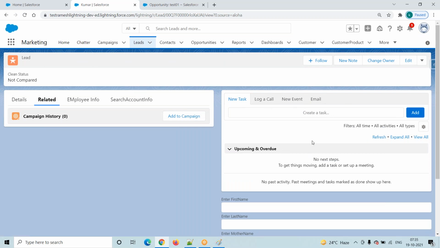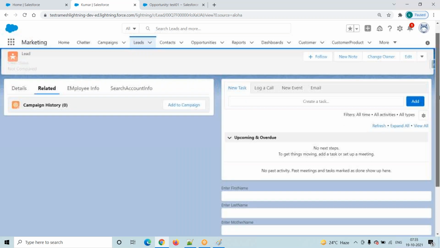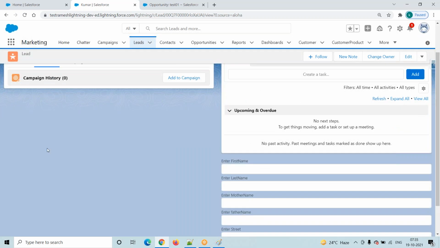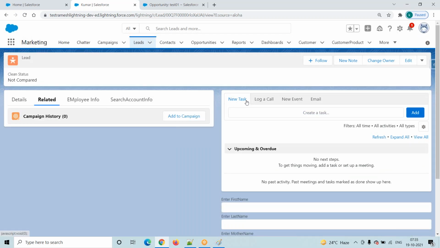They have made the setup like this. In the Lightning version, instead of under related lists, they have made the setup like this. Task and event we will find separately like this. Finally, the concept is the same. In the classic version, we find the task and event under activities. But in the Lightning version, where we find the activities is based on the record page. Suppose I want to add my task and event here, yes, I will just go and add it. We discussed the record page, right? So the task and the event, wherever we want, we will just go and add it. Okay. And